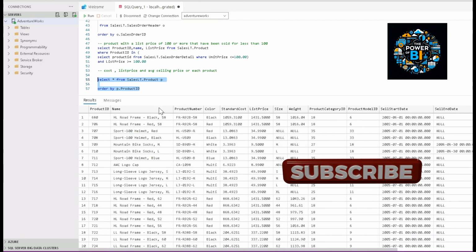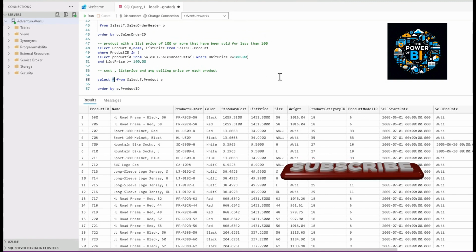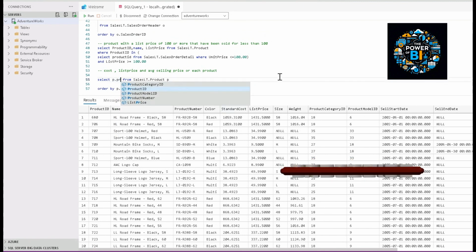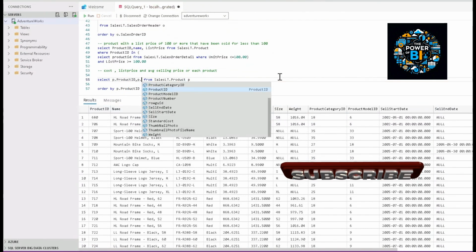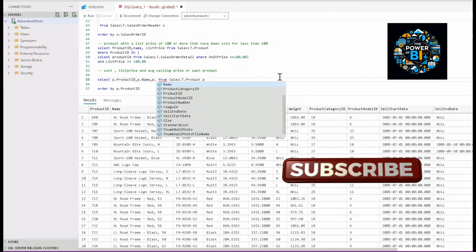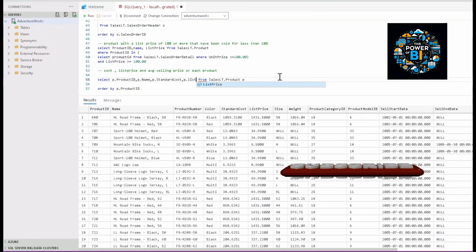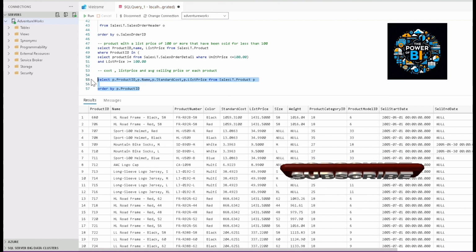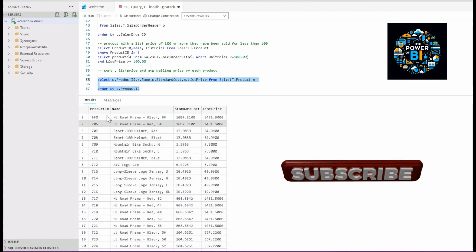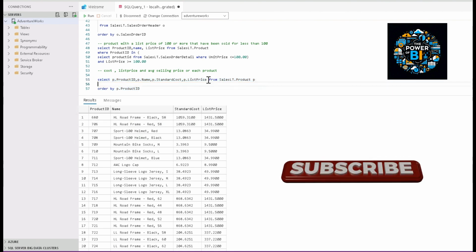It's returning all the product details, but we need to narrow our result with P.ProductID, P.Name, P.StandardCost, and P.ListPrice. This is name, standard cost, list price, and now you need to fetch